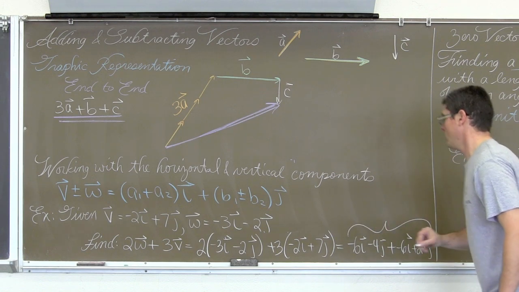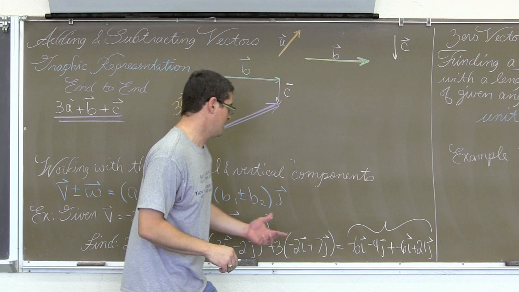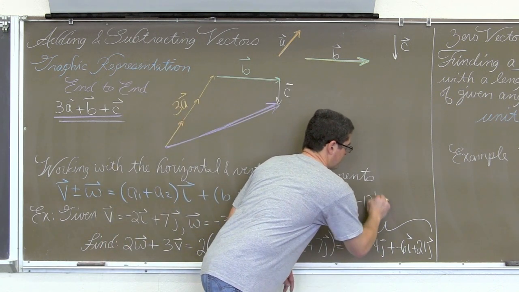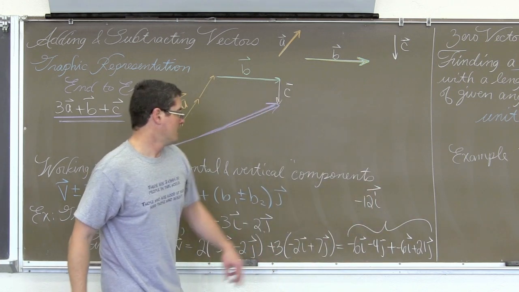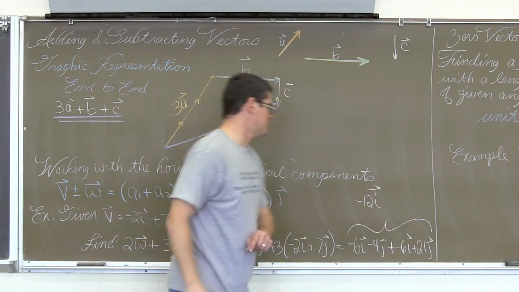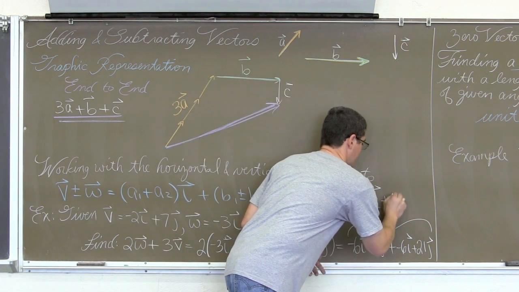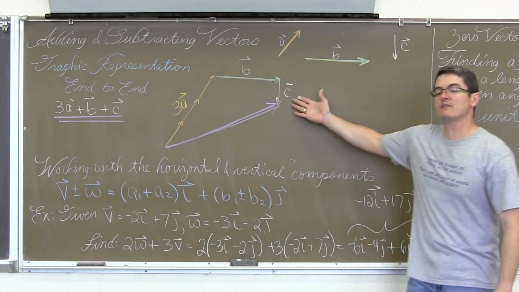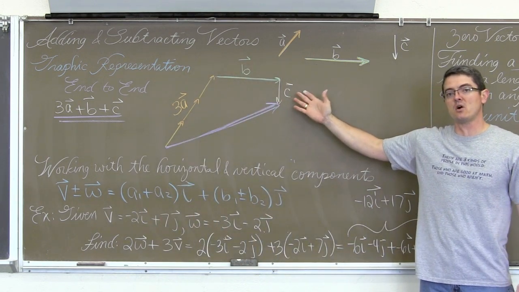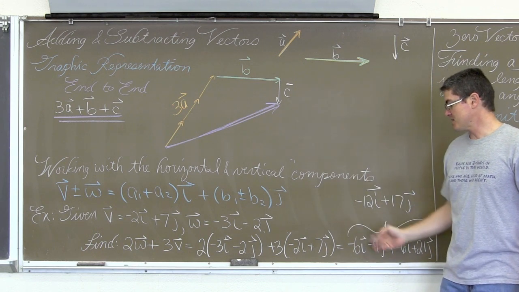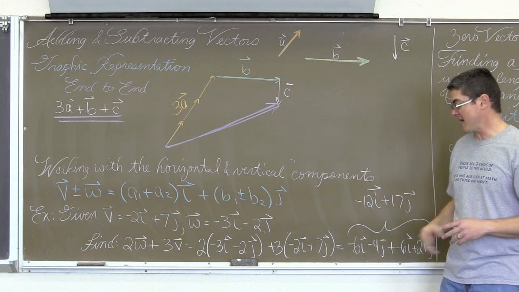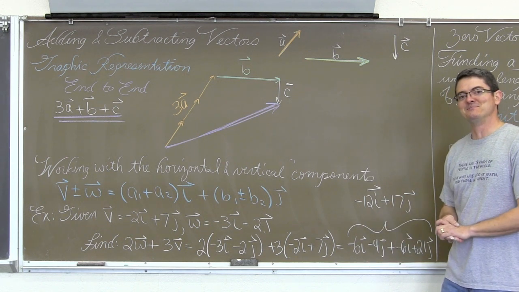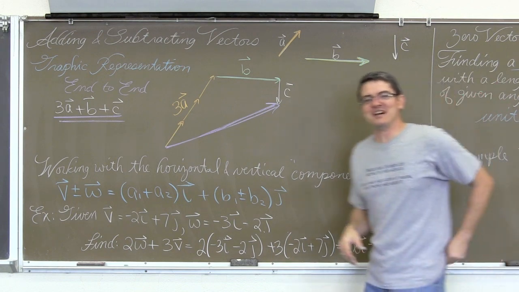And this will have a resultant vector of, let's see, I'm going to add the horizontal components, so negative 6 and negative 6 is negative 12i. And negative 4j plus 21j is 17j. And so this is how you add or subtract vectors and do scalar multiples with simple drawings, going end to end. And this is an example of combining scalar multiples and adding and subtracting vectors in terms of their horizontal and vertical components. A couple more screens and we're almost done.